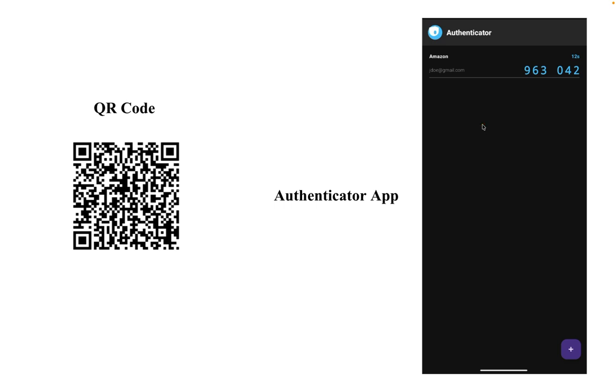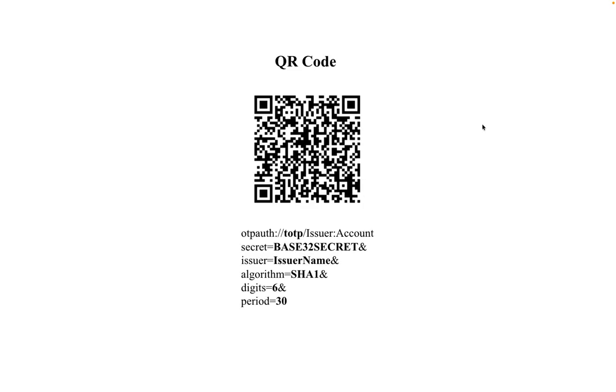Before we get ahead with TOTP and HOTP, let's see what is basically behind the QR code. In every QR code, you have a URI. The URI looks something like this. It starts with otpauth, mentioning that this is for OTP authentication. The next is the type of it, so you have TOTP and HOTP. Among the rest, one of the main things is the secret.